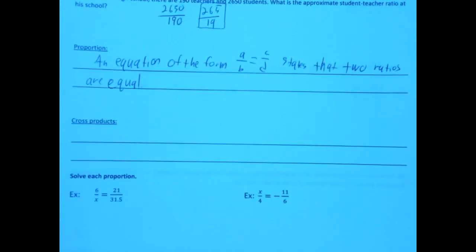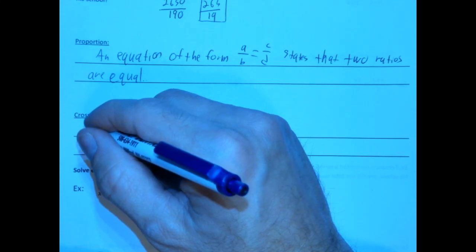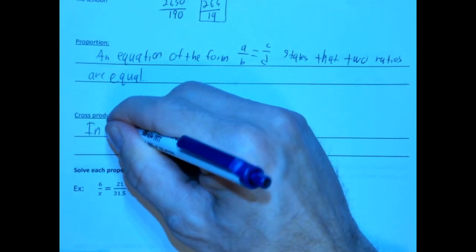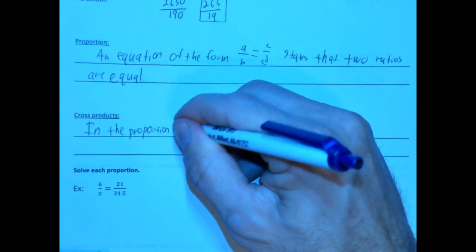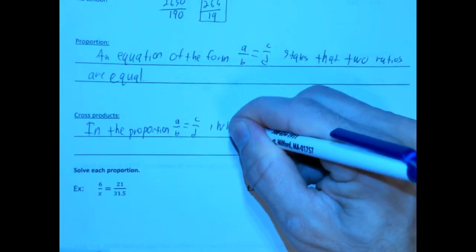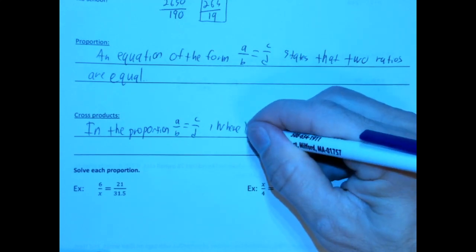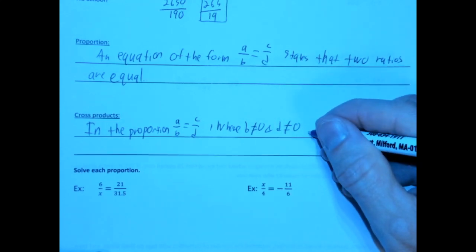Okay, cross products. Cross products is basically how you solve a proportion. So let's see, cross products. Where are you? There we go. Okay, so I'll give you the book definition and I'll explain it in a little more layman's terms here. So in the proportion A over B equals C over D, where both B and D are non-zero numbers, because that'd be imaginary, that would not work,